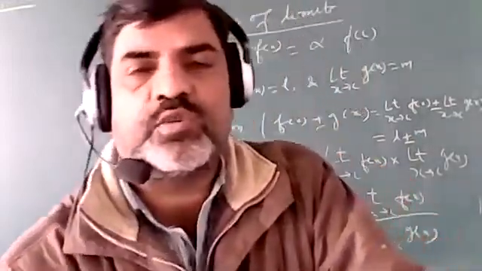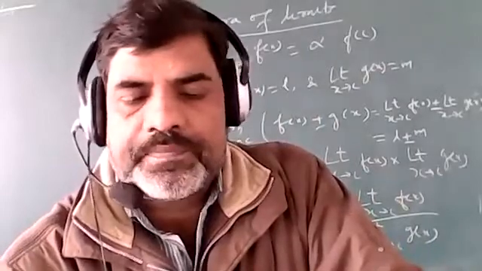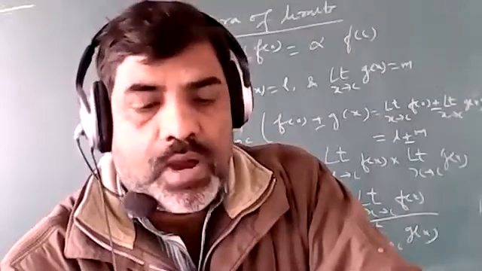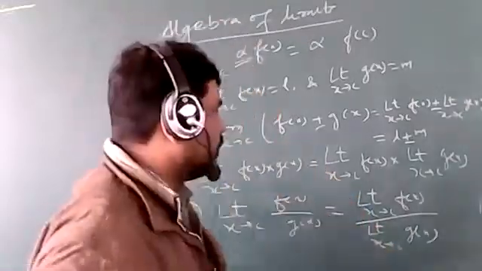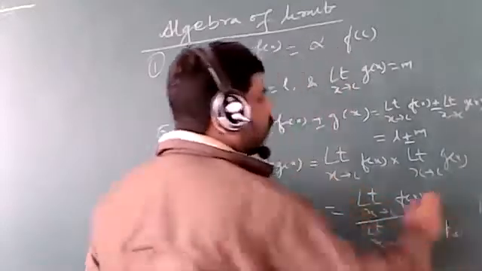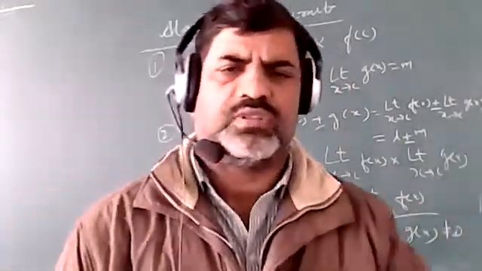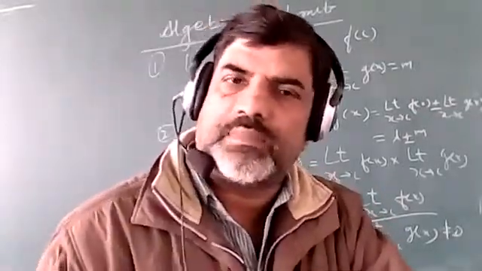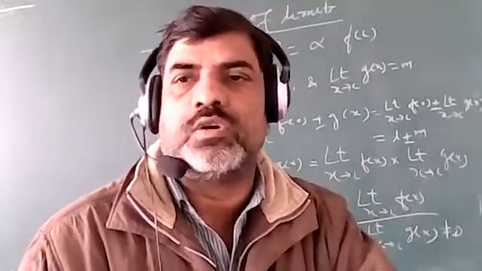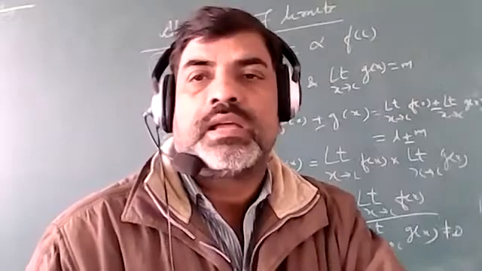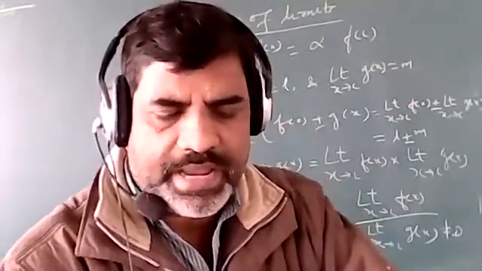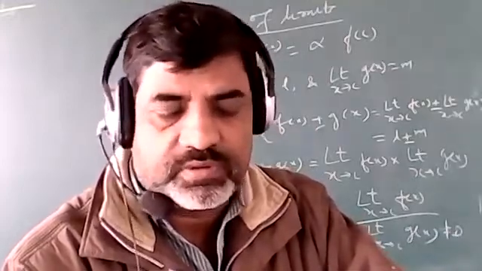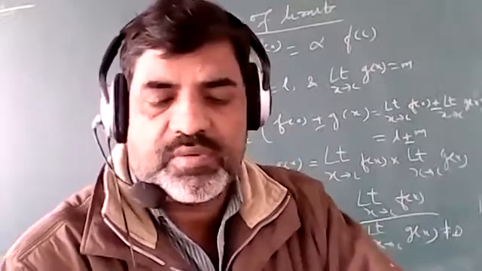Similarly, if limit x tending to c of 1 by f(x) is there, it will be 1 by limit x tending to c f(x), provided the denominator is not 0. The condition is that this is not equal to 0. This comes from the basic definition of a rational expression itself. In case of any rational expression, if the denominator is 0, then that expression is not defined. Then there are some basic theorems regarding this. Before that, we shall start with